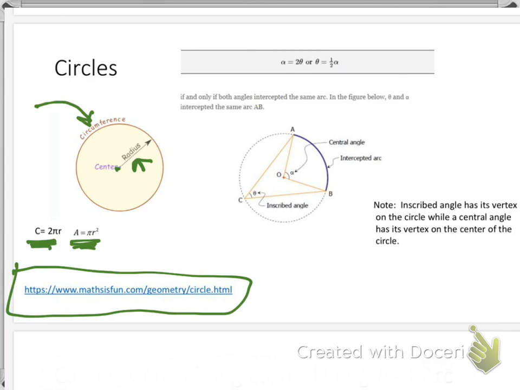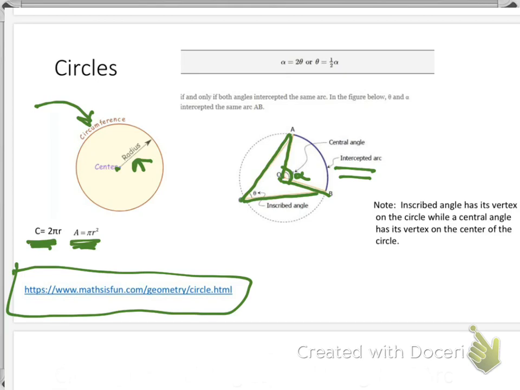Okay, there's more vocab words here. So here is the center of the circle right there. If you draw two radii and connect them, then this angle in the middle is called alpha in this example, and that's your central angle. Central angles come from the middle. Okay, the arc that your radii hit is called the intercepted arc. Then if you take the same radial endpoints of A and B and instead connect out to the opposite end of the circle,